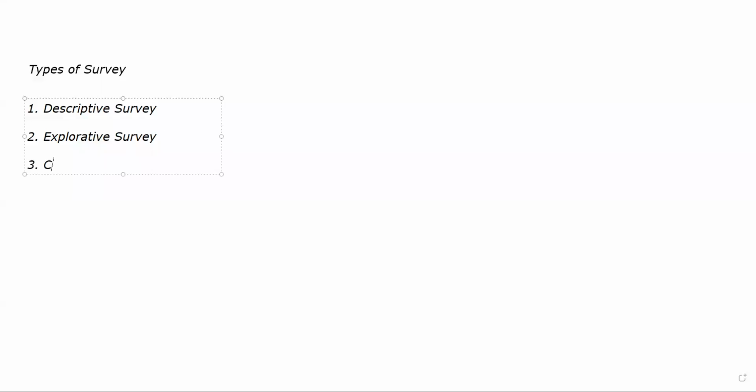Then we have comparative survey. A comparative survey में you are comparing the results of a program, or you are comparing the results of two procedures or knowledge between two different groups, or the attitude of two people to one particular scenario. Let's suppose you are trying to find out the attitude of two groups of people. For example, how do Indians and Americans feel about the vaccine of COVID? ठीक है, so everyone will have their own opinion.